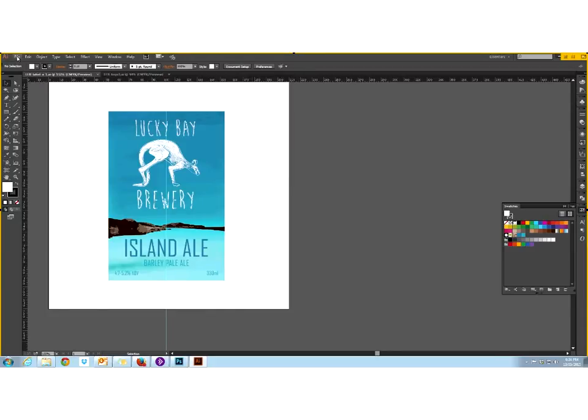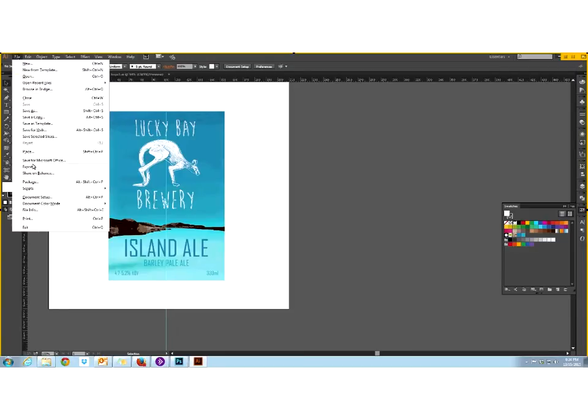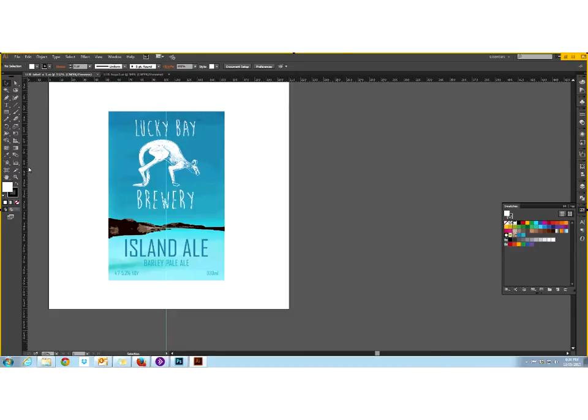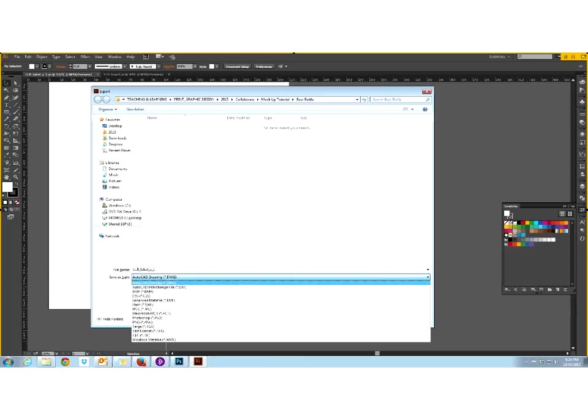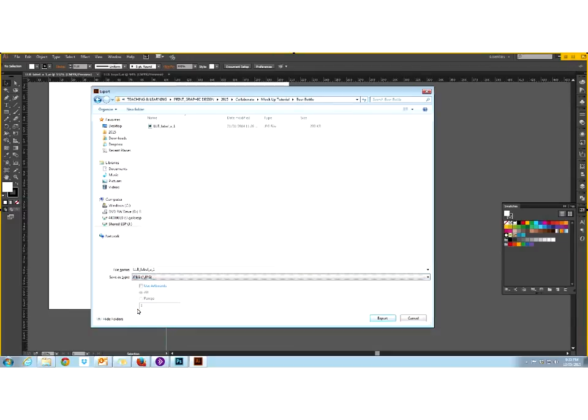So to export this, for the benefit of those that are not sure how to do that, I go down to File, and then I go Export, and then it's asking me what do I want to turn it into and where do I want to put it. So here at the bottom you can see that you've got various different options. I could turn it into a JPEG, which is a bitmap, or a PNG, which is a bitmap. I could also use TIFF, but to be honest, I'm going to stick with either a PNG or a JPEG. So I'll go JPEG. I've actually got one already that I've done, so I'll just leave that one in there, but you would just